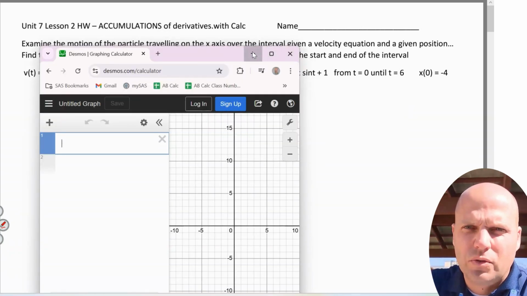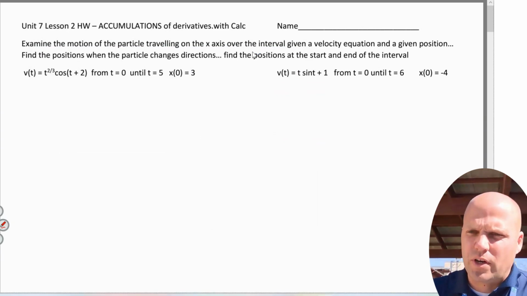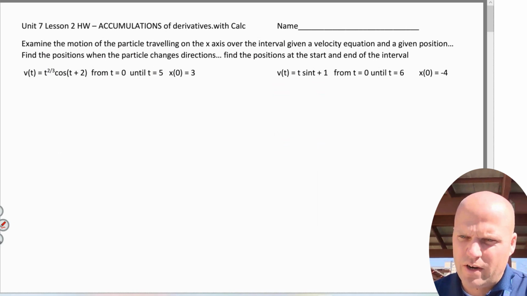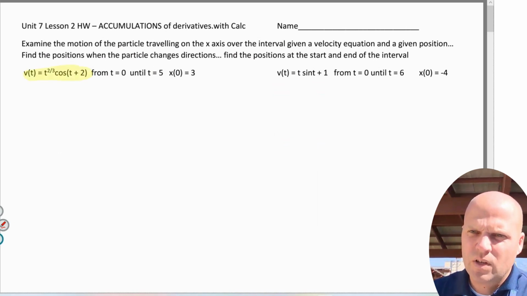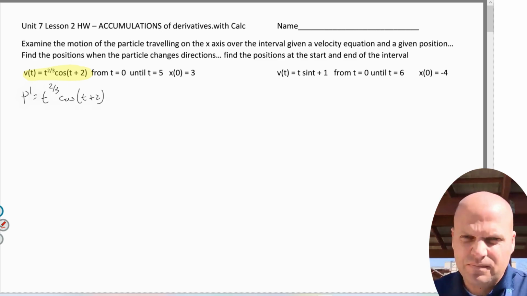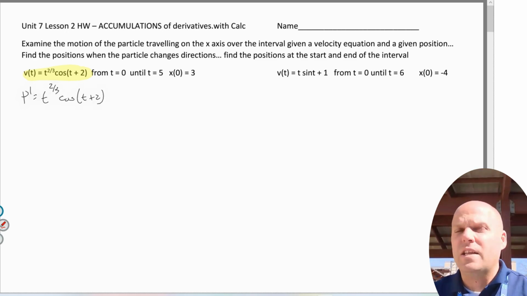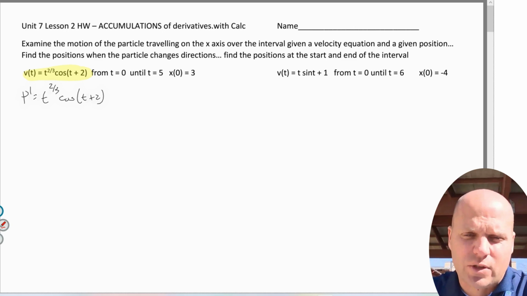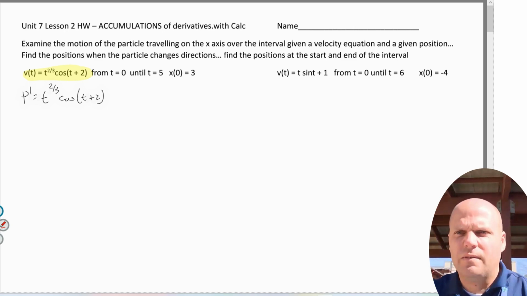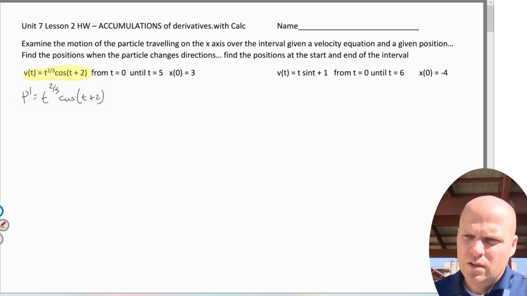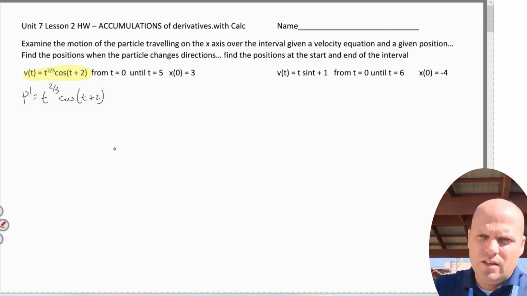We are going to deal with situations where we are given the rate of change of position, but we are unable to go backwards. We do not know the antiderivative of this equation. And even if we did, we now have access to a calculator or Desmos. Okay. The key to understand is